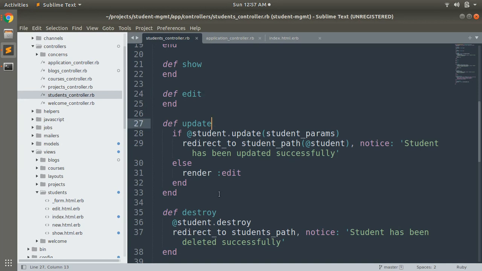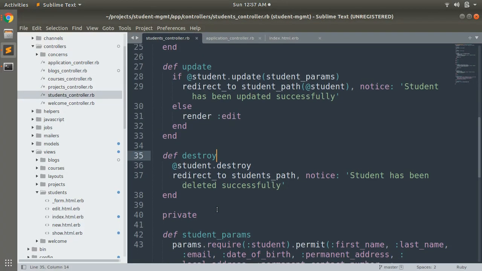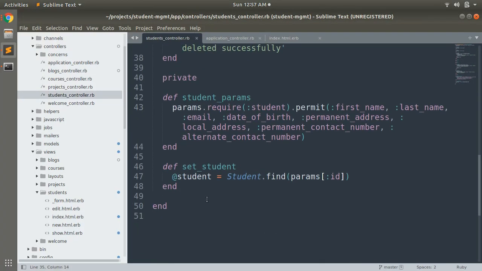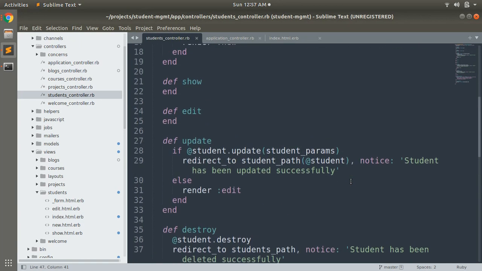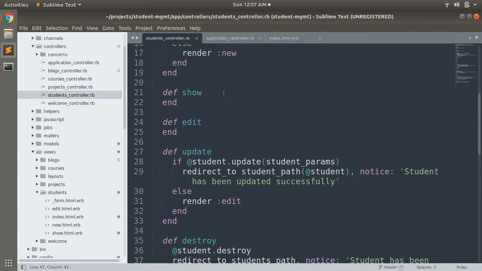And in update and destroy as well, because when we try to update an existing student we must fetch it from the database, and when we try to delete an existing student we must fetch it from the database. So you can see that this query is required in all four actions: show, edit, update, and destroy. This is the common piece of code, and we separated it using a before action callback, and that's why we have written a thin controller here. So this is how callbacks can help you write thin controllers.